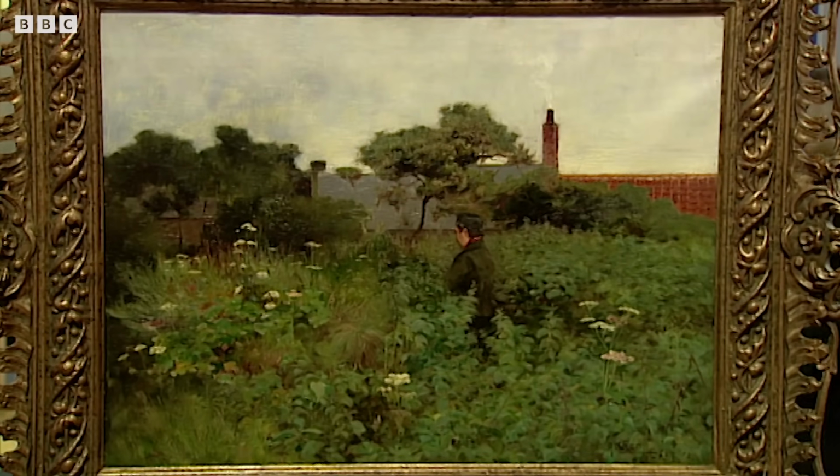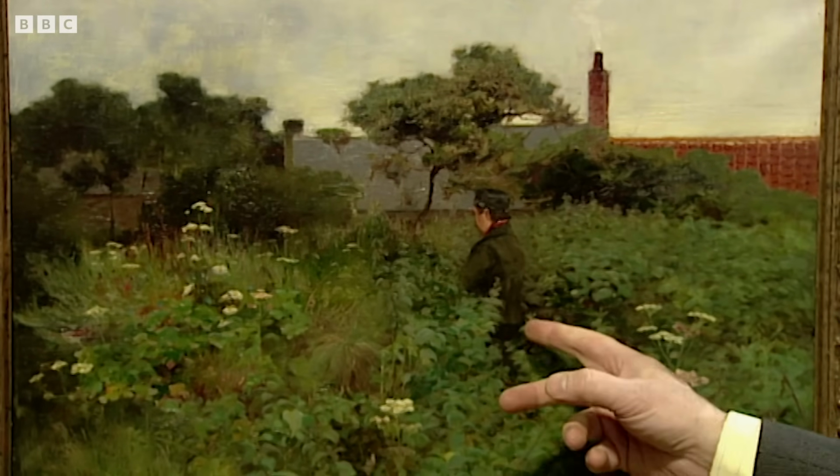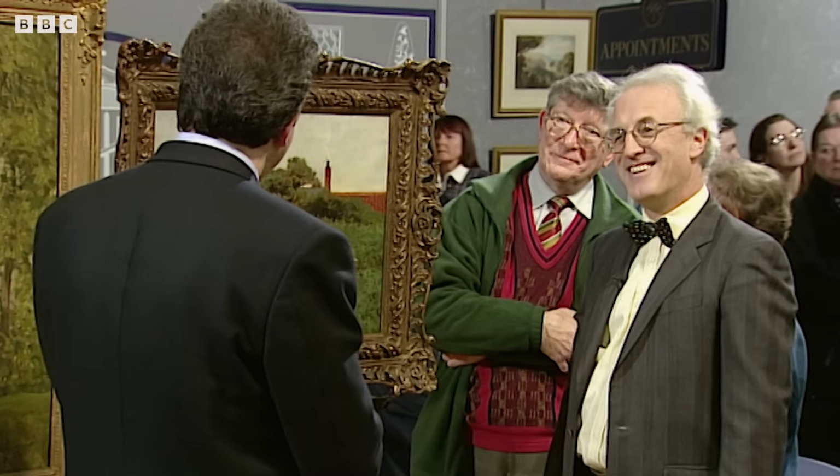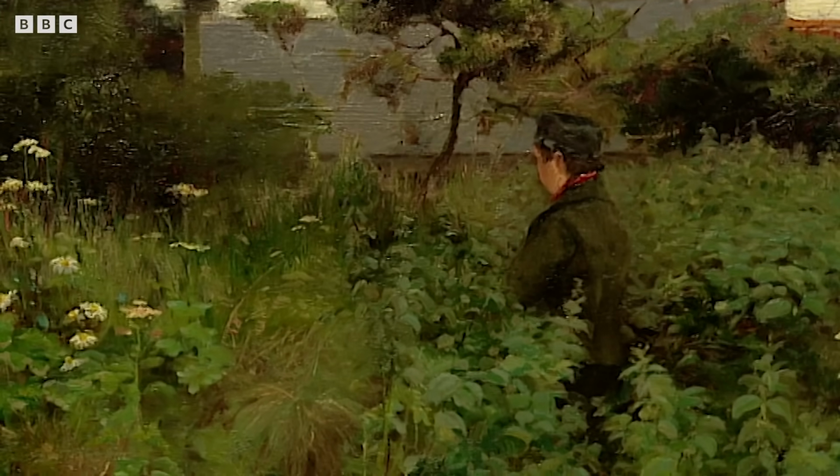It's small enough to hang in the living room, and it may have been a little bit nicer if the lady was facing us as opposed to away. But generally, I find it... isn't it? I don't know. I think it's a good old gardener. Is it? Of the younger male variety myself, but...